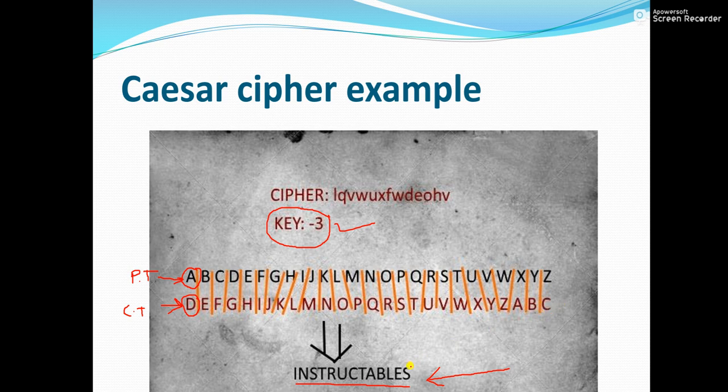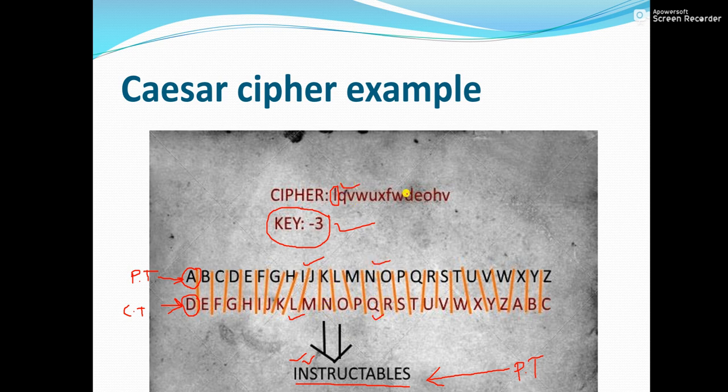Hence, if you can see, this is the plain text message, "instructable". If you go for I in the plain text, it is replaced by L in the cipher text. Then if you go for N in the plain text, it is replaced by Q in the cipher text.